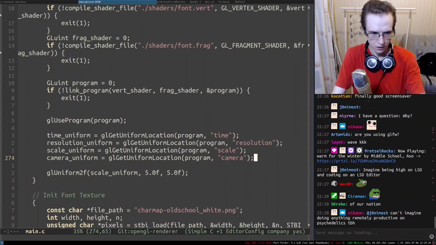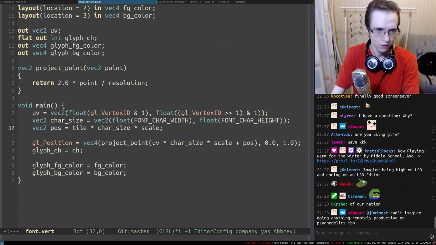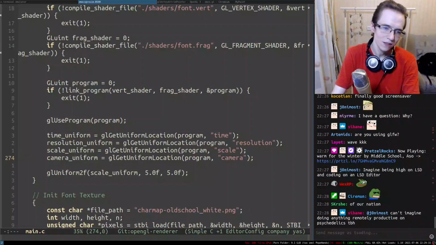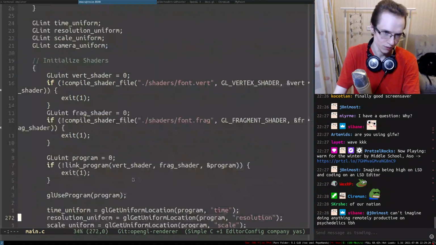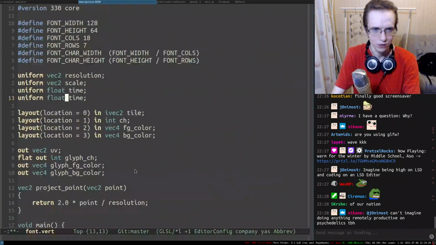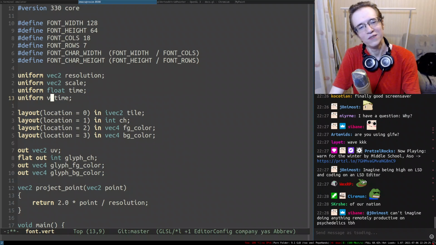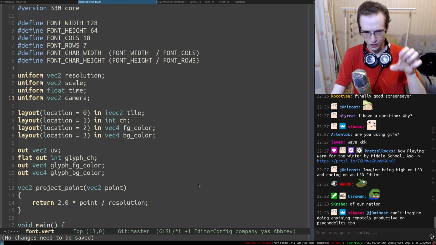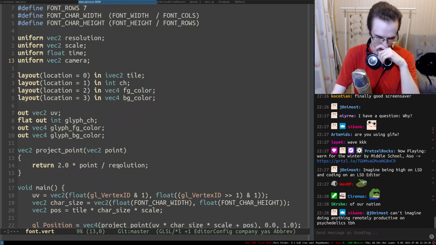Boom. And in a vertex shader, we're going to have, well, it probably has to be a camera position, is it not? Let's call it camera, whatever. vec2 camera. So the camera is already at the center of the screen because of the specifics of OpenGL.